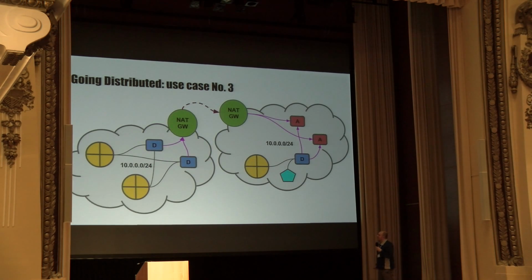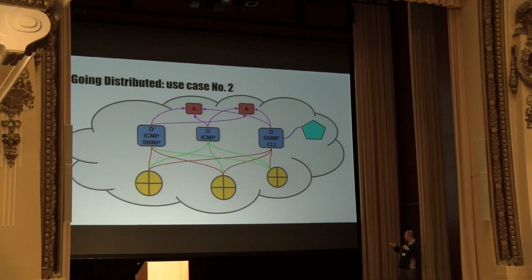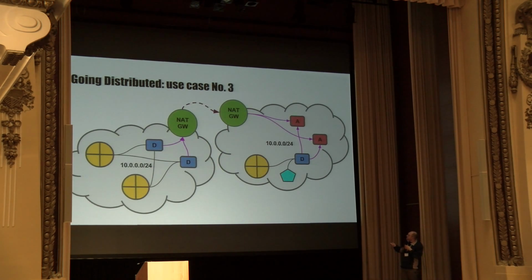And my favorite use case is, let's suppose you bought a network from a different operator. And it so happens that this is your home network. This is the network you've bought. And you have the same management addressing space, so it's overlapping addresses. So it's not really that easy to integrate that. You have to think of a solution. But if you want to have full network reachability, or if you want to have a full network view, what